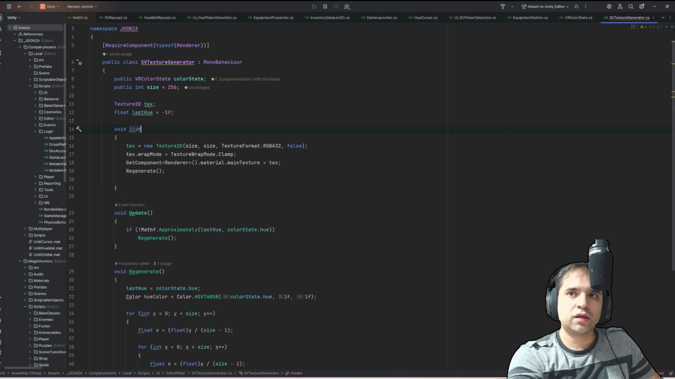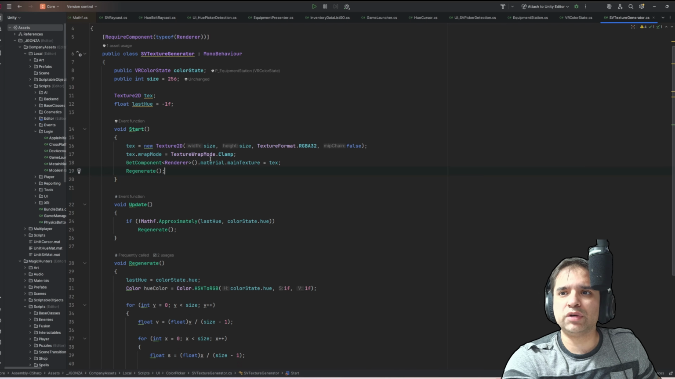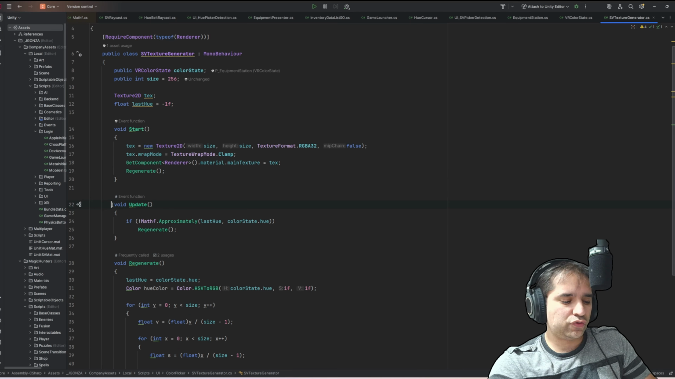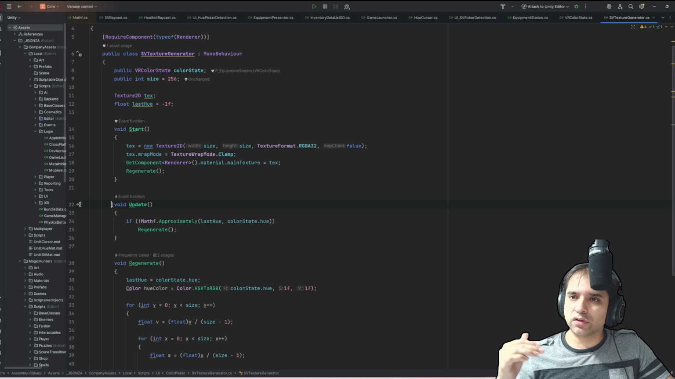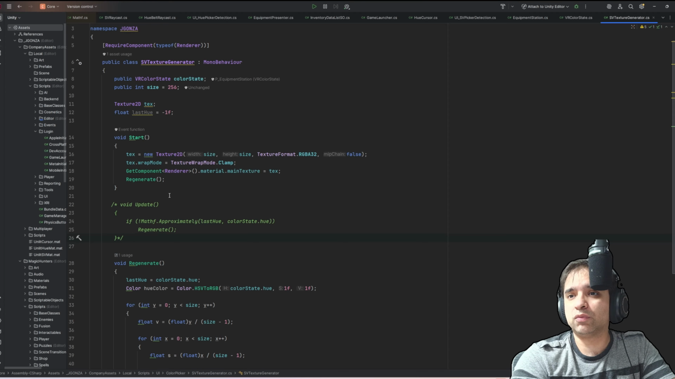That way, this is just a technicality, right? That way, this will be ready by the time, so the hue color will be updated before we do this. So that's one thing, the order of operation. That's just a small detail. And then the second thing, instead of doing the update, if you want it to be more performant, you could say,